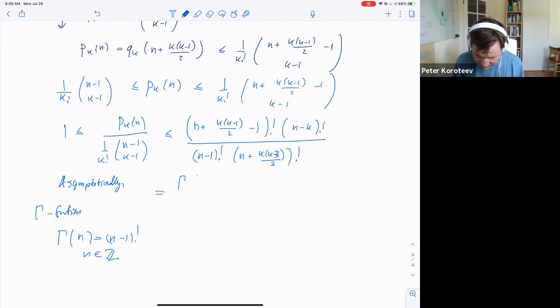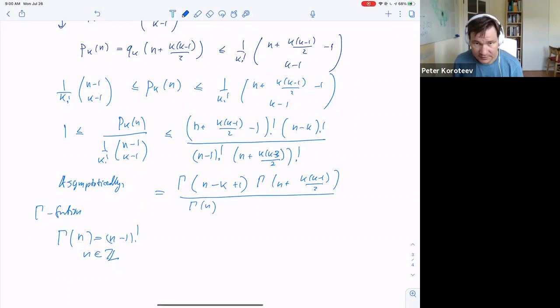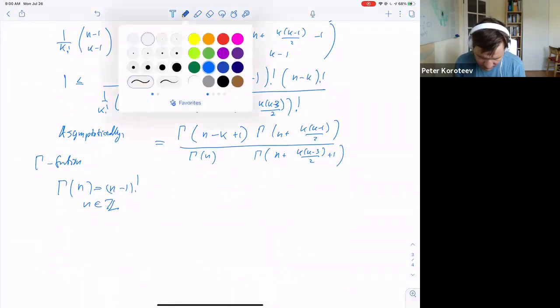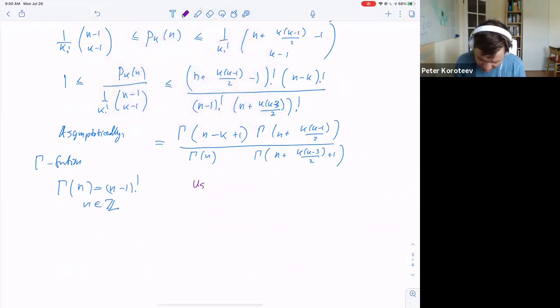So I'm going to rewrite this with the gamma function. So it's gamma of (n minus k plus 1) from the second part, times gamma of (n plus (k minus 1) over 2). Right, the minus 1 got eaten, and here it's gamma of n and gamma of (n plus (k minus 3) over 2 plus 1). Okay, and now we'll use this Stirling formula for the approximation. Let's prove the formula later. So using Stirling formula for gamma functions,